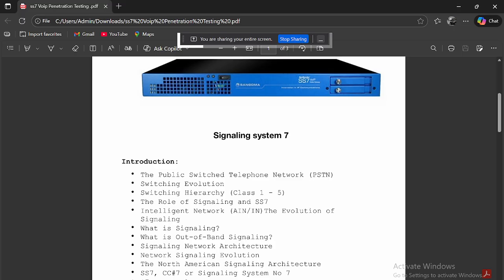So how does SS7 handle signaling? When you dial a number, your phone sends a request to the local switch. Like you are in Chicago right now. If you dial a phone number, that will be sent to a local tower for the switches. That switch sends an SS7 message to the network of the number you want to call, the number you typed in your phone.